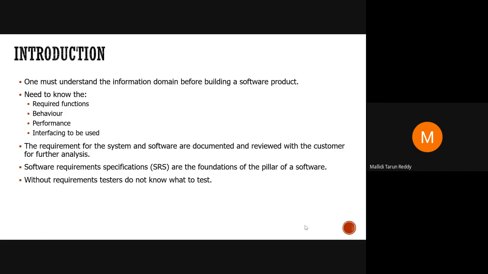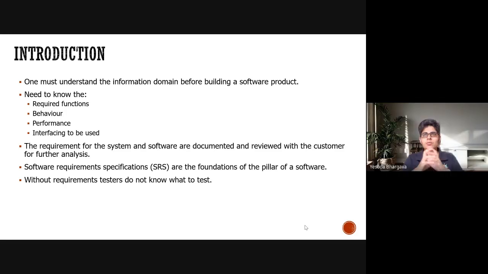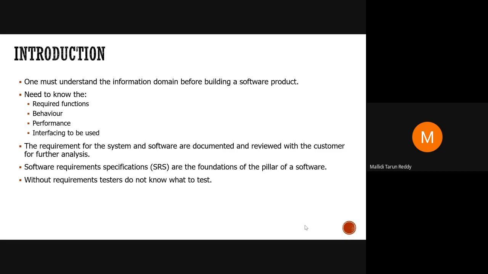SRS is the written contract between the company that makes and the company for which it makes. It's the promise that the company gives to the customer, which both accept. Okay. So, what are the specific details in the SRS? You mentioned that it's a contract. So, what are the details that are put in that contract? The details will be what we are going to do and what their thinking is of what we are going to make, and functional and non-functional requirements, whatever we covered in the previous lecture.